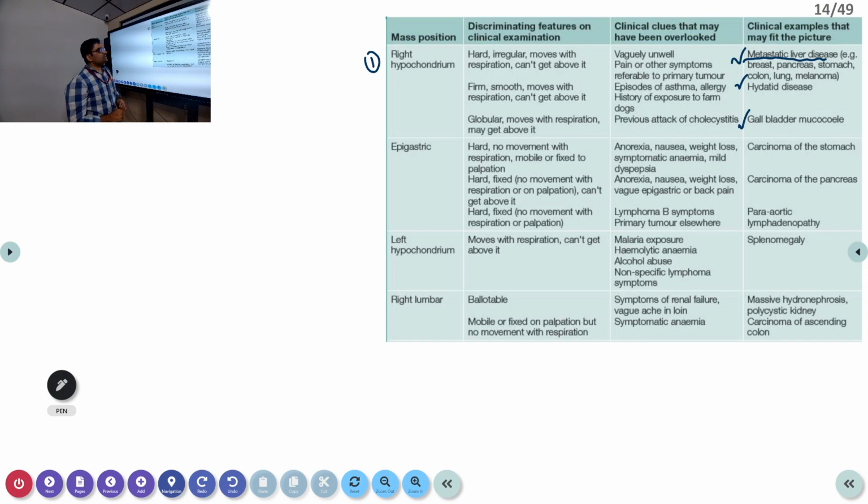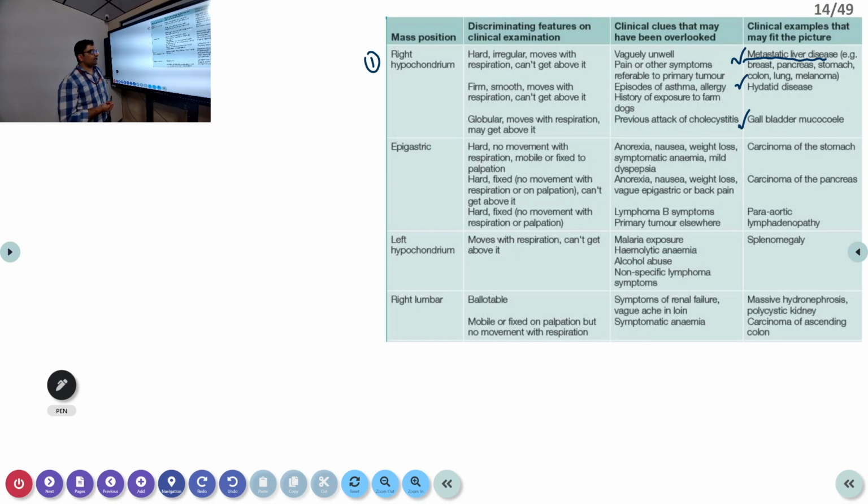Okay, in the Western world, hydatid cyst may not be so common. You may see hydatid cyst in a patient who is usually exposed to farm animals. In India, hydatid cyst is common. The most common benign disease of the liver is a hemangioma, which is not usually palpable. Adenomas may be there; those are also benign. But if you palpate something in the liver, if there is a palpable mass, always evaluate, as it may be